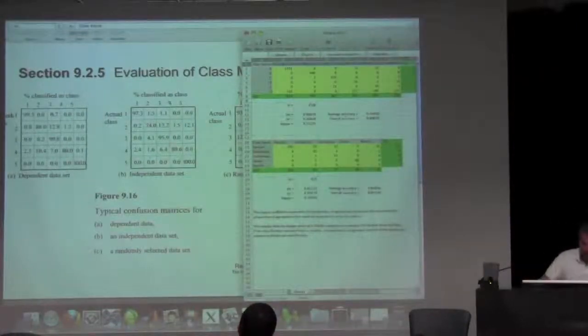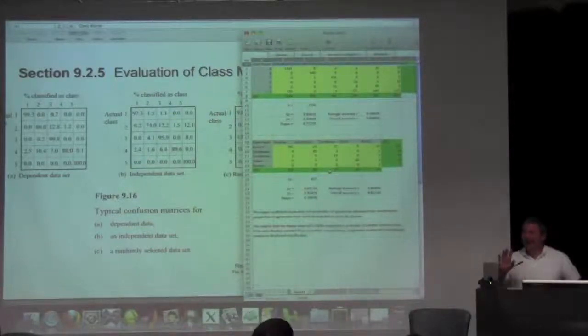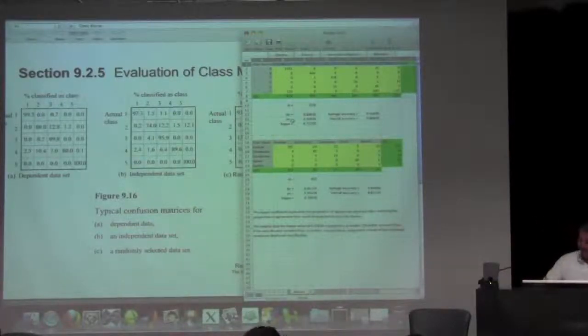All right, so here, let's see, do I have the right one? No, neither one of these is the right one. All right. But I can use these as an example. So let's look at this confusion matrix right here. I have 5 classes. So let's assume they were the same as these: pasture, deciduous trees, coniferous trees, water, and barren. And then the truth rows over here,